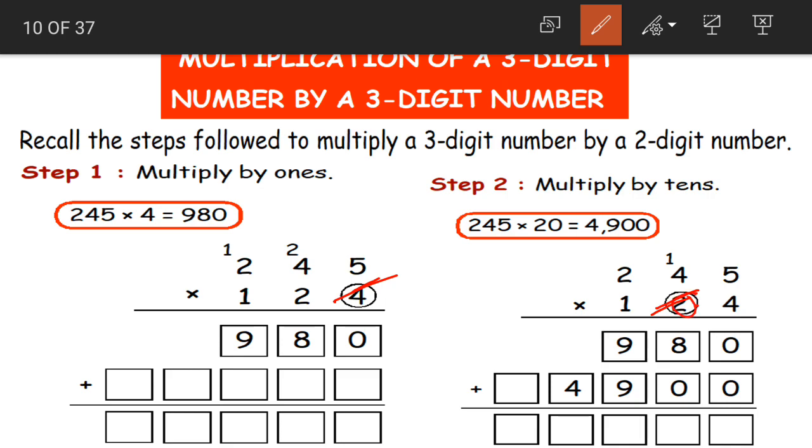Now here we are multiplying with a new digit. So remember to start in a new line, and also before multiplying you must place a 0 here. 1 0. After writing 1 0 we should start multiplying. 2 fives are 10. 0 here, 1 carried. 2 fours are 8 plus 1 becomes 9. So 9 written here. 2 twos are 4. Yes children, this is what we did for multiplying 3-digit number by a 2-digit number. First ones and then tens.